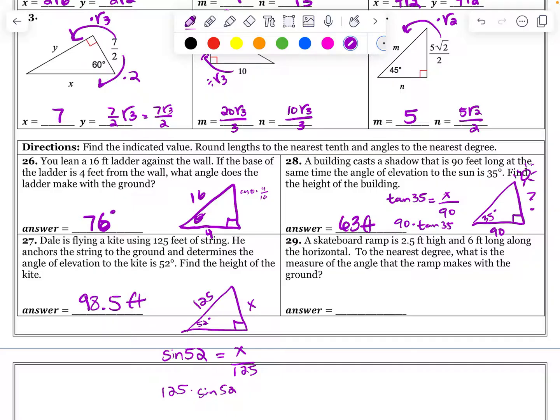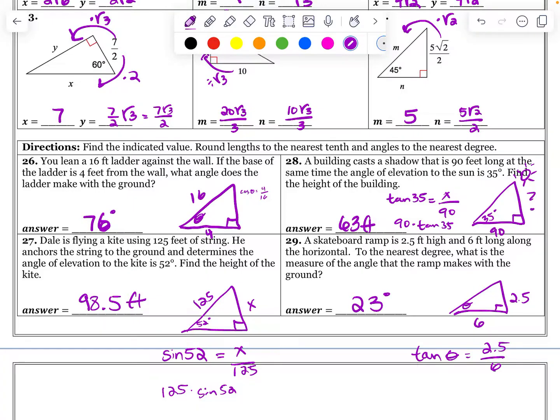Skateboard ramp is that high, okay, and 6 feet along the horizontal. To the nearest degree, what is the measure that the angle makes? So this degree is what I'm looking for. Opposite over adjacent. Tangent of theta is 2.5 over 6. So inverse tan of 2.5 over 6 is